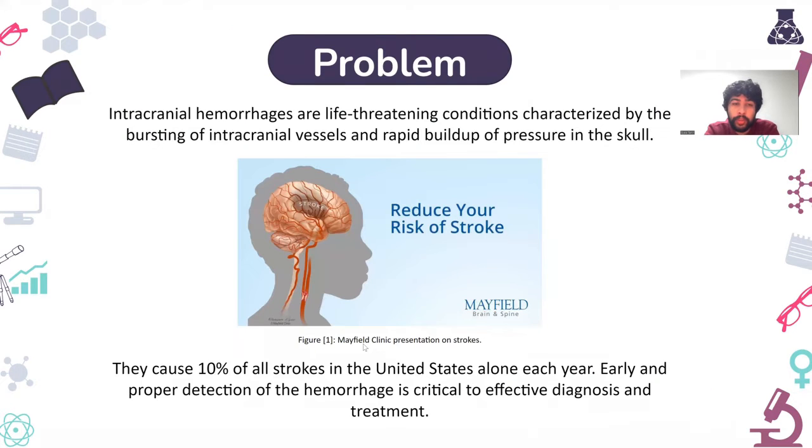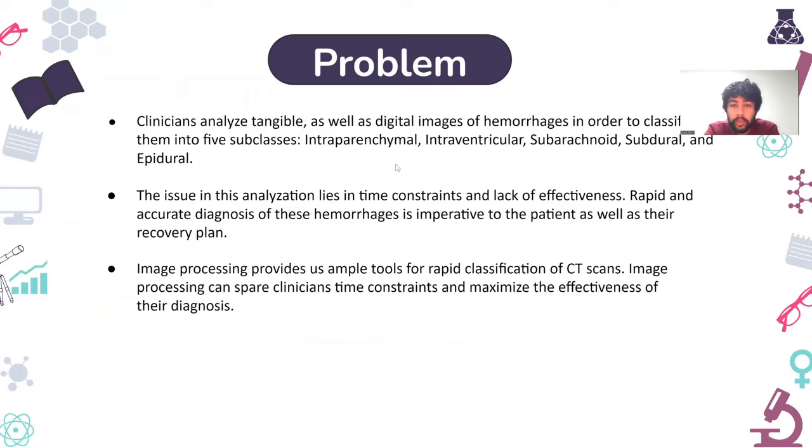So the problem we're addressing is that intracranial hemorrhages are very life-threatening conditions characterized by buildup of blood pressure in the skull due to the bursting of the intracranial vessels. They cause 10% of all strokes in the United States. So clinicians analyze CT scans to determine whether or not there's an intracranial hemorrhage, and then they have to classify them into 5 subclasses. This takes a lot of time, and since intracranial hemorrhage is such a time-sensitive condition, it's best for us to be able to rapidly classify these images, which is what we aim to do through our